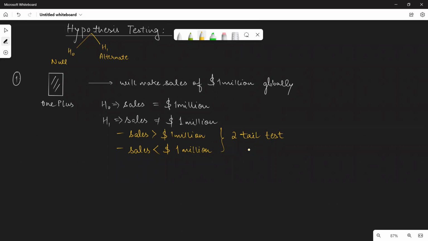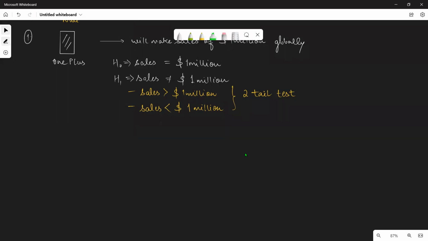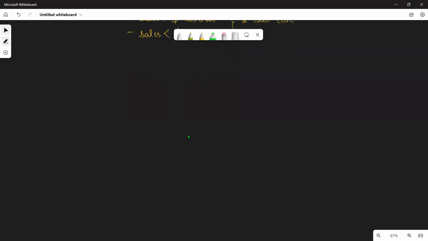Okay. There are a few more observations which we will make, but as of now, we will move to the next case study. We'll come back to this case study again after 10 minutes. But as of now, let's get into another one. To understand it better, let's get into the next case study. So let's say the second case study which we have is